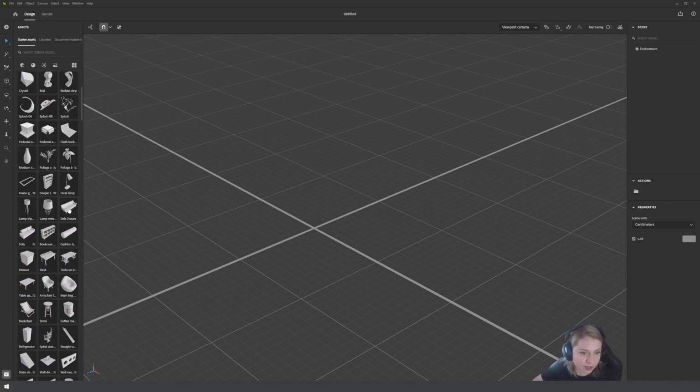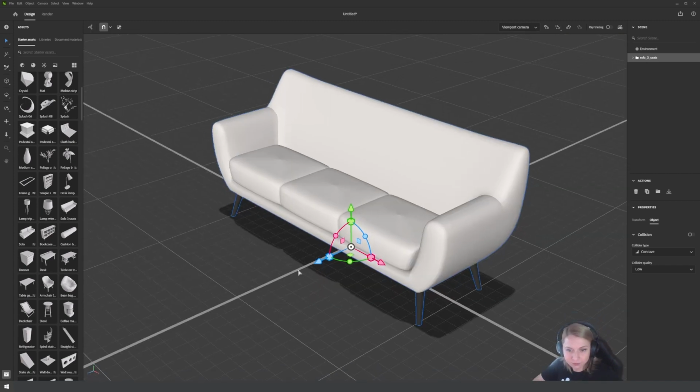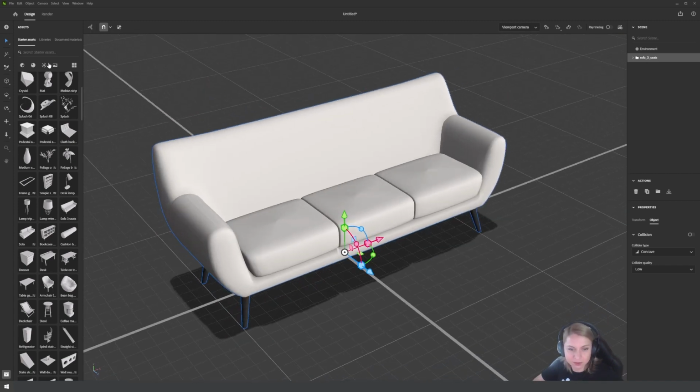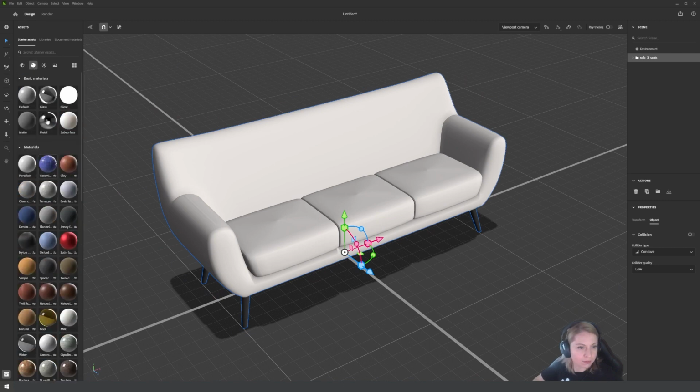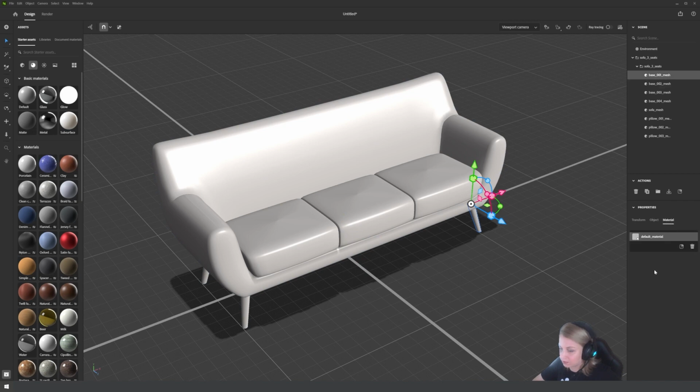Oh, I'm obsessed with the couch. This couch. Oh, I love this couch. So let's frame it. And I will start with the base material. Like this, for example. And then you have to look for the material layers, and then you just have to find a place for all these textures.